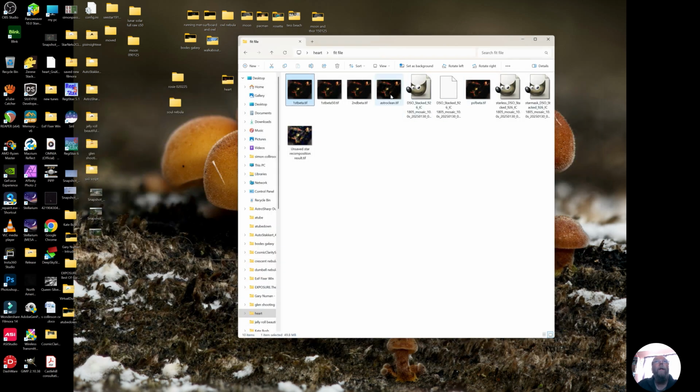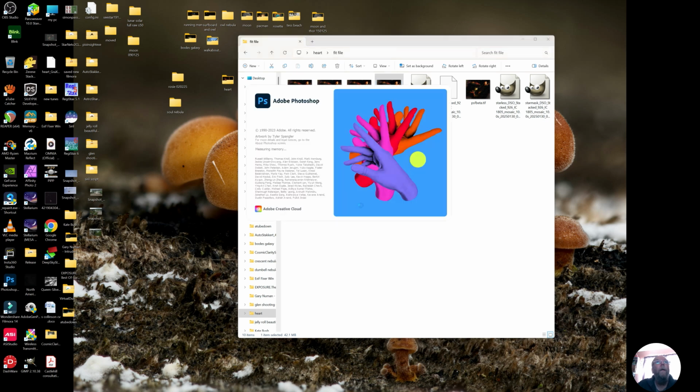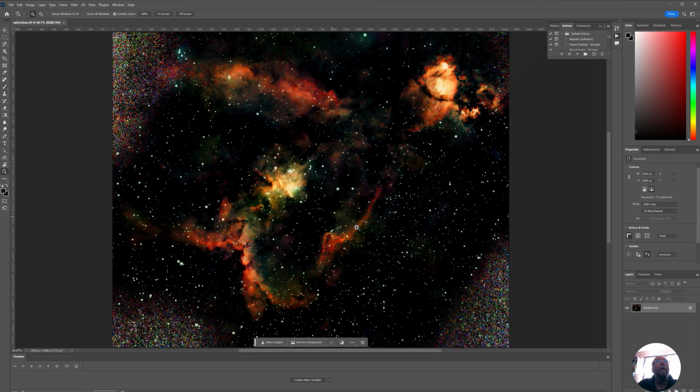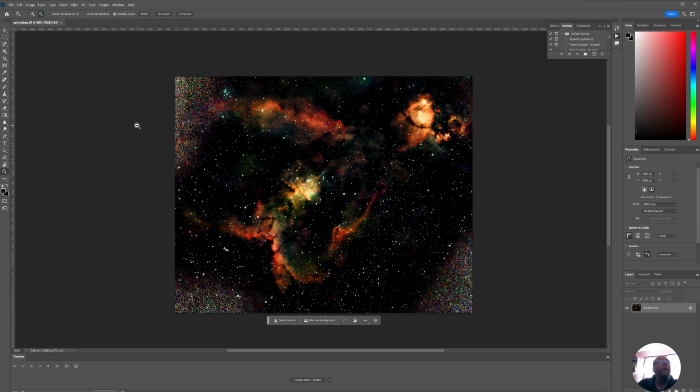So if we actually open the one you like the best, open it in Photoshop. And just what I need to do in Photoshop, we just zoom out a bit. There we go. Right, is to try and fix all this noise on the outside. Really, ideally, you need it to complete. Because it ain't, what we can do is just use the clone tool, make the brush a bit bigger,